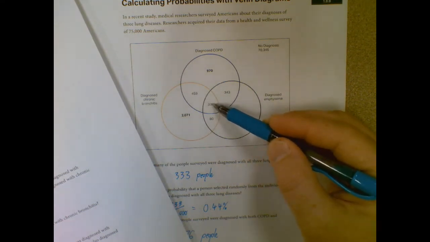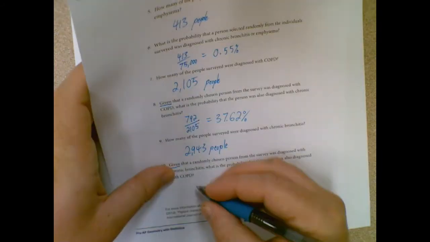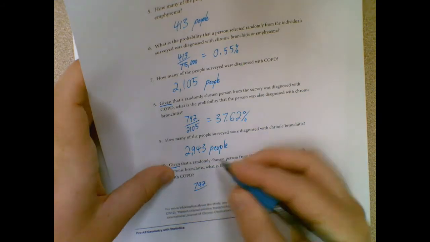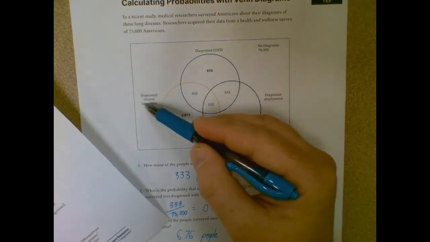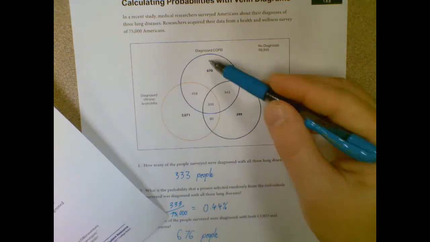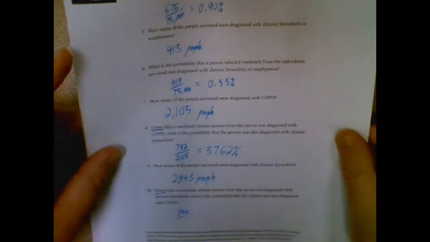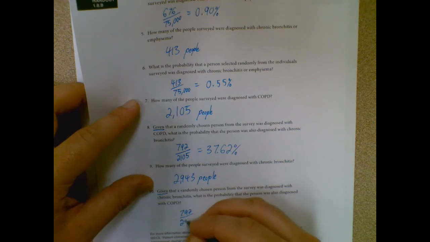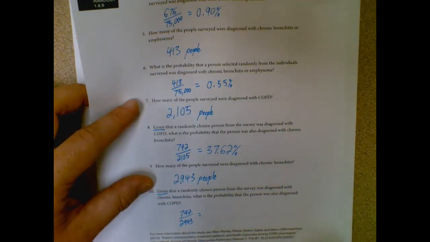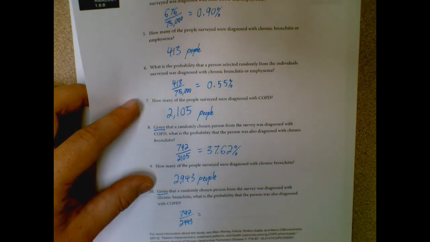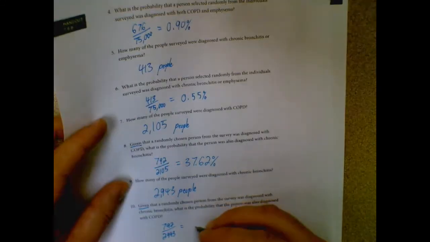We said there were 792 people here, but I'm dividing by a different number now, because instead of knowing they were diagnosed with COPD, I know they were diagnosed with this, which is more people than were diagnosed with COPD in the first place. So 792 divided by 2943 comes out to